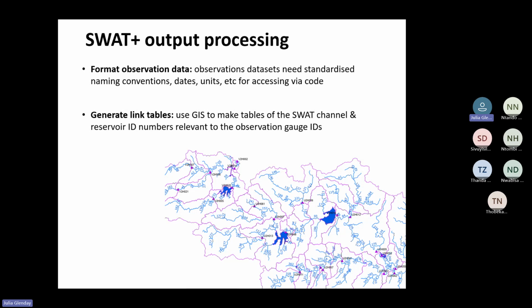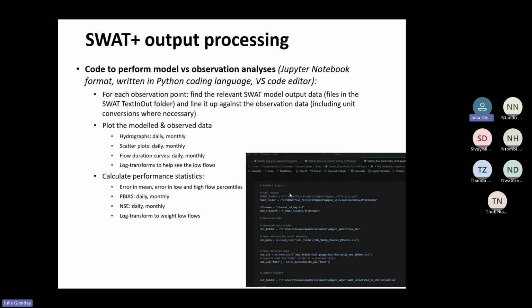And then generating a table that links your SWAT. When we set up the SWAT model, it breaks up channels into stream reaches, and they have numbers in the model, and the outputs are saved by the stream number. So you have to work out which SWAT stream number, like shows in the picture, lines up with which streamflow gauge. This image just shows a section of that. That can be done in GIS, and you make a table of that. So I've made tables that link that,